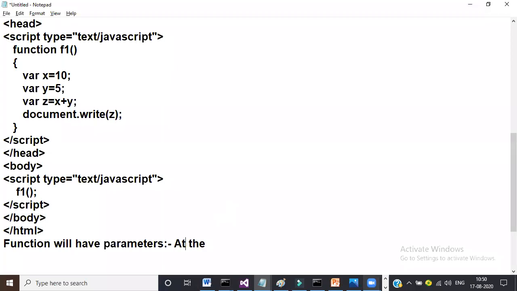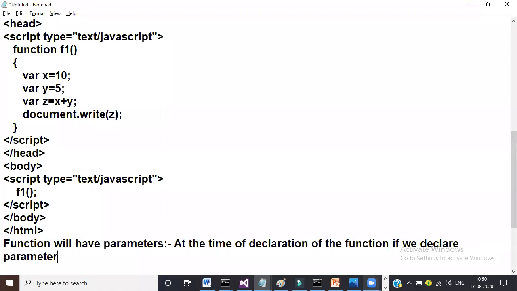At the time of declaration of the function, if we declare parameters, and at the time of calling the function, we have to pass parameters.